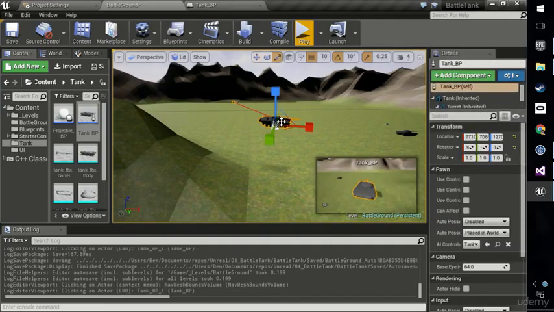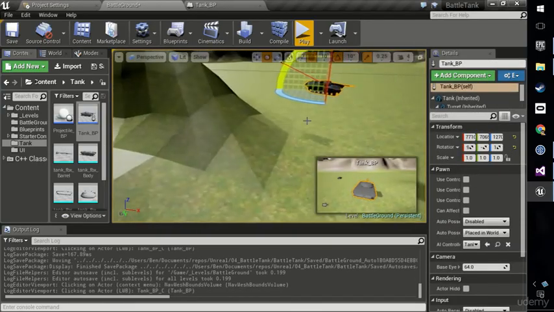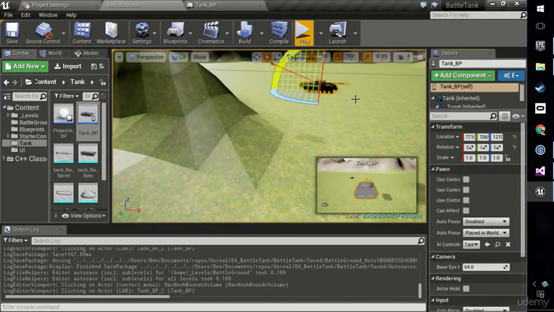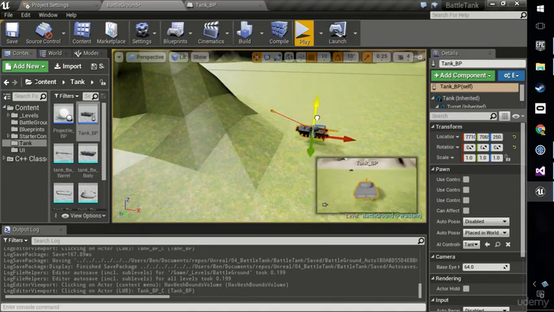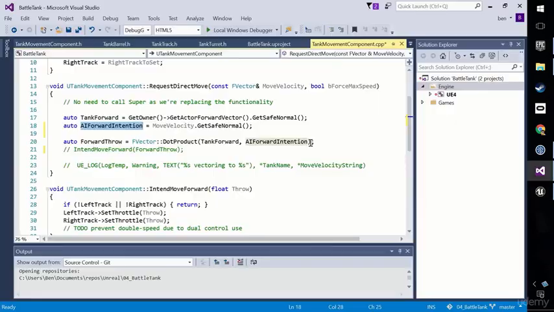All right, let's put this tank back in terms of rotations. Probably the easiest is just to reset the rotator here. I'm going to put it back in terms of location. And then I'm going to give you a challenge,